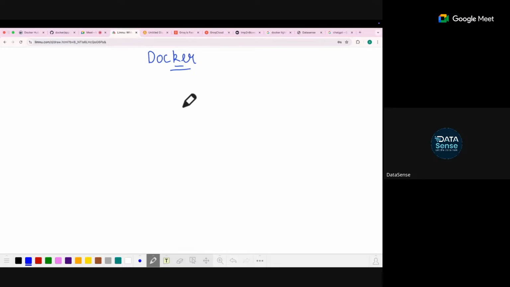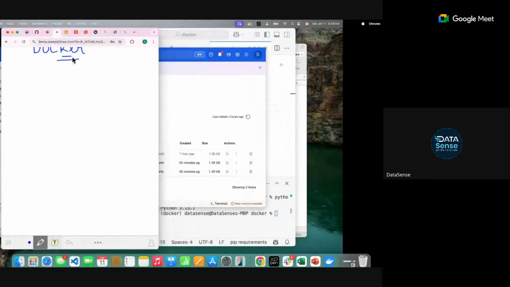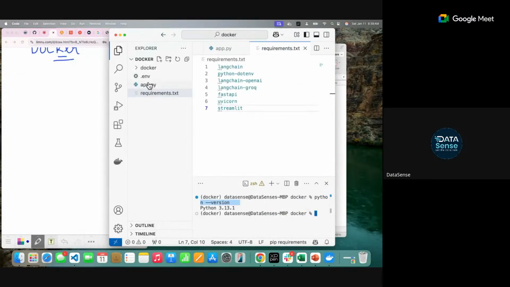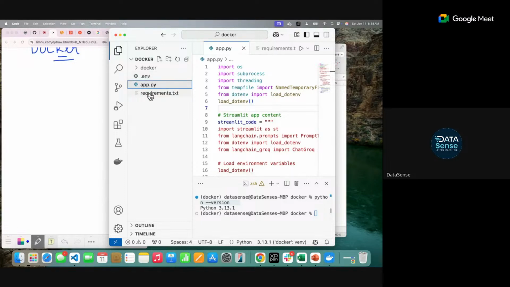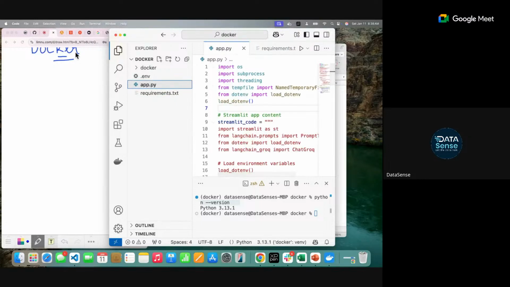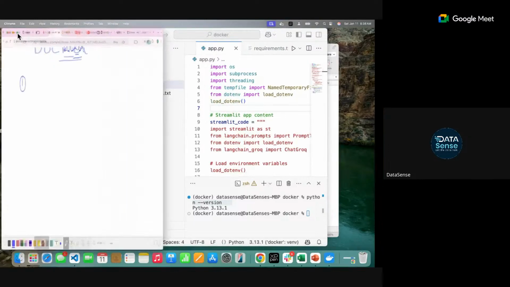So let us say whenever you have any application running, there are a few things which are required to run an application. For example, let's talk about this Python application that we have just created. So what do we have? We have a Python file, and we have some text file. So what all is required to run this particular chatbot on my system?